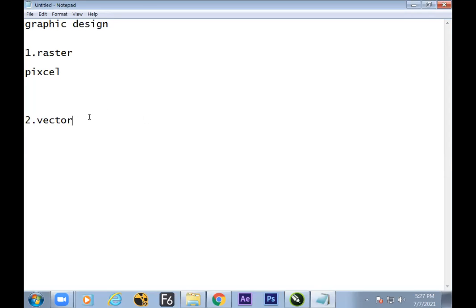Fine. So vector graphics are those graphics which are done with math formulas. They deal with mathematical shapes, and vector graphics don't lose quality. Even if we scale them to any extent, the quality remains the same. So basically, vector graphics are designing software. Vector graphics are generally called designing graphics.